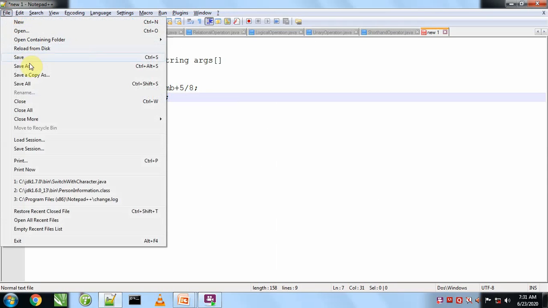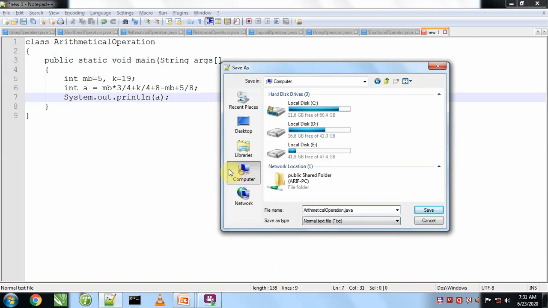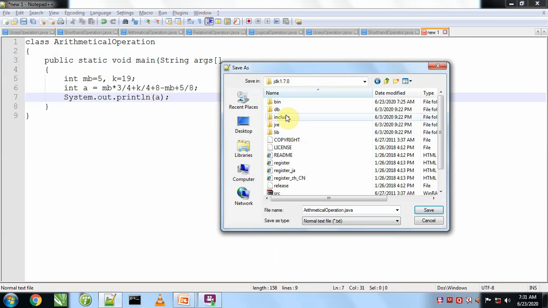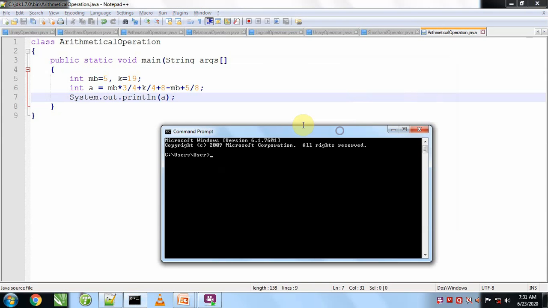We will save this program with the class name ArithmeticalOperation.java. To save, we will go to My Computer, C drive, JDK 1.7 bin folder. Now we will open the command prompt to execute this program. By cd slash we will go to the root drive, by cd JDK we will go to JDK, then cd bin will open bin. javac ArithmeticalOperation.java.